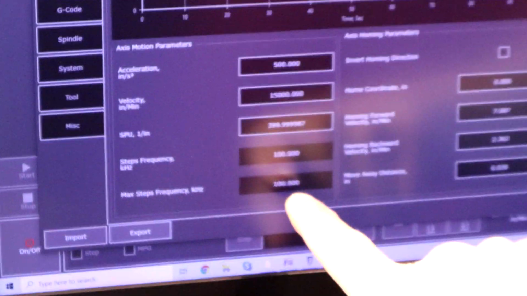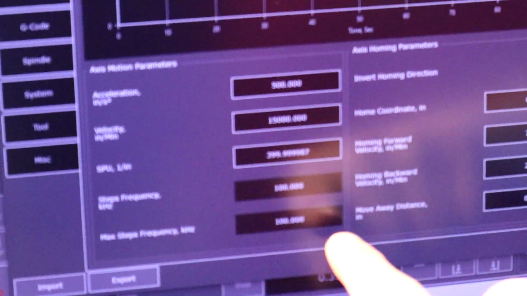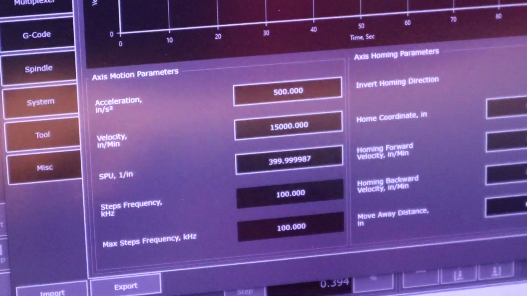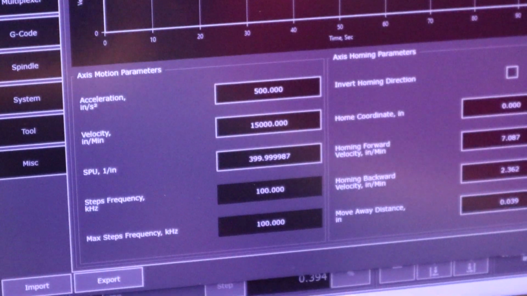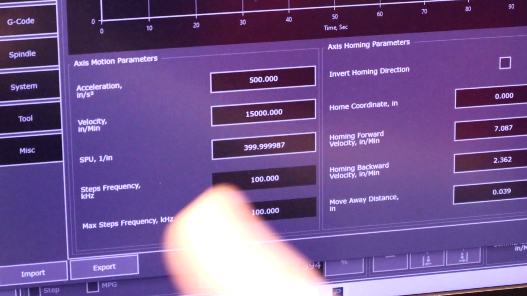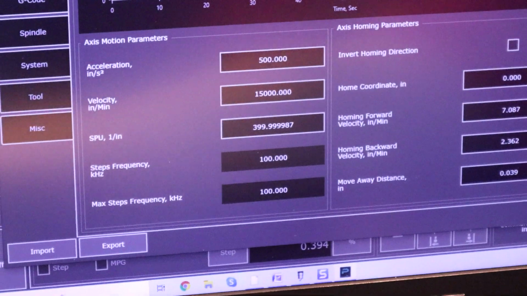The software is broken down to show you, once again, the operational envelope. Max step frequency, and that's using a PLCM, is 100 hertz. With the G540, it's 100 as well. If the G540 could exceed 100 hertz, you still wouldn't be able to go past what this controller is able